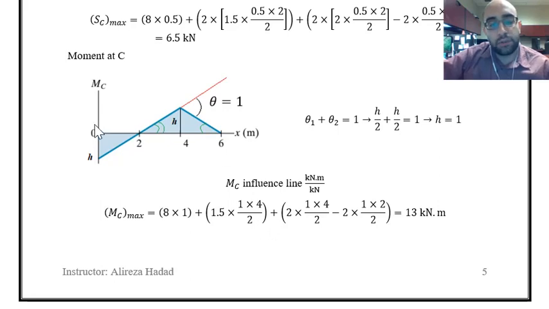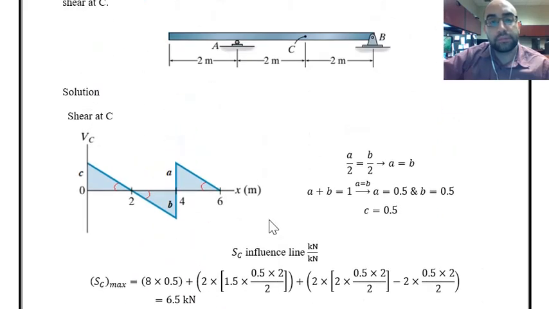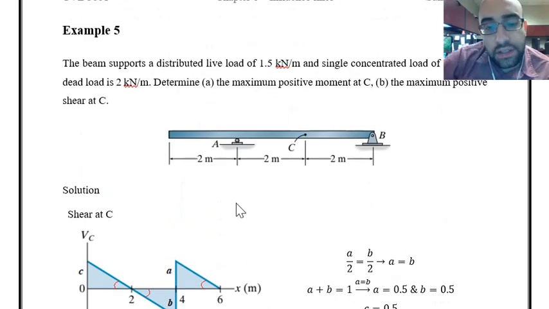And then we have the dead load, which is applied in the whole length, which means the intensity of the load multiplied by the area under it. We have a negative region over here, that's this portion, and a positive region over here, this portion. Calculate the whole thing. The maximum moment that can be generated at point C because of those loads is equal to 13 kilonewton meter. The other part was asking about